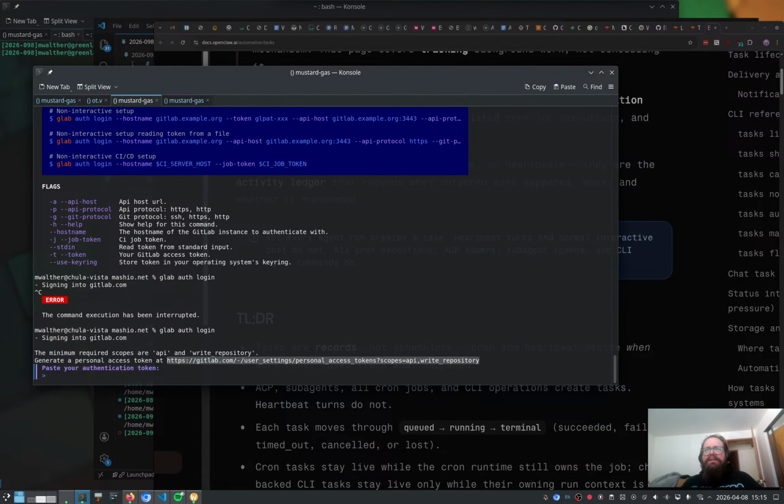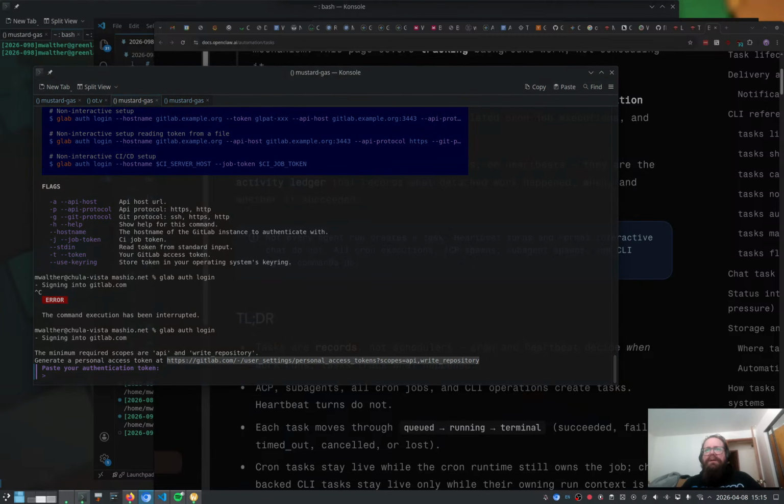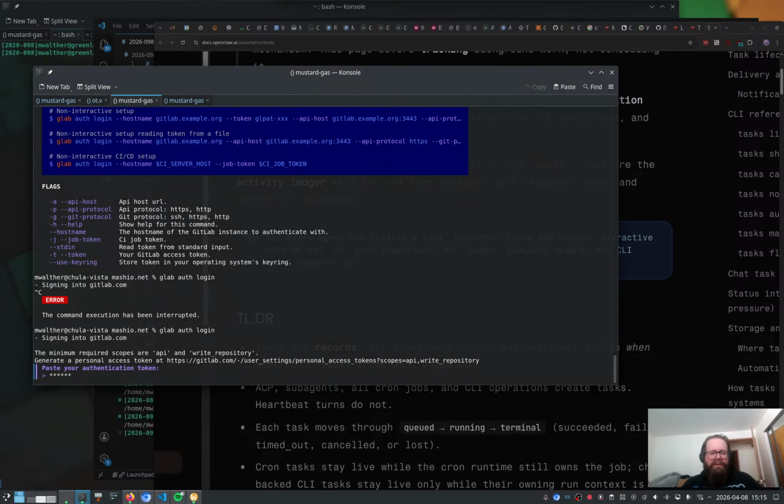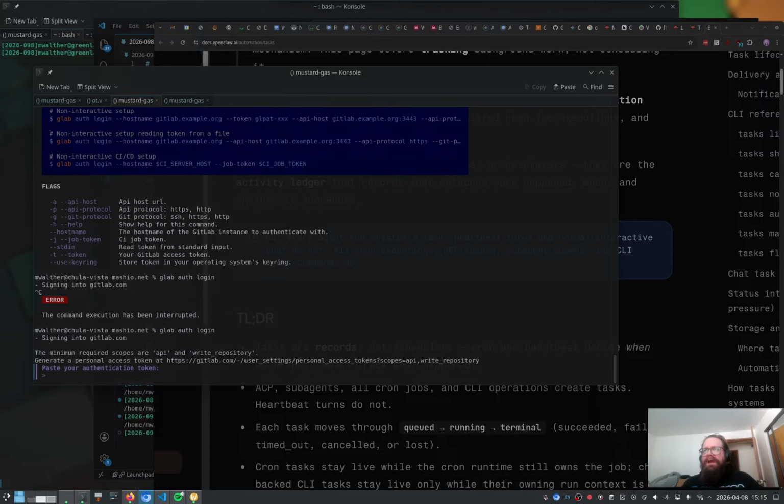I will do this in a different window. I hope that you guys don't wind up being able to see my token. No, look at that, it's going to do the asterisk thing. Give me a PAT. Give me the PAT. Generate a token. Press the